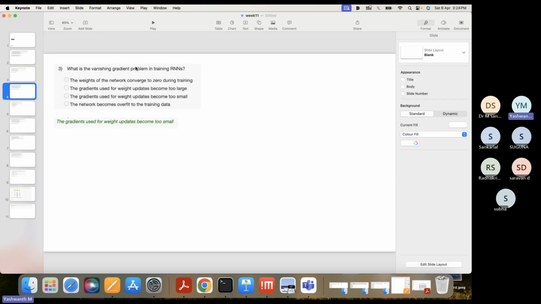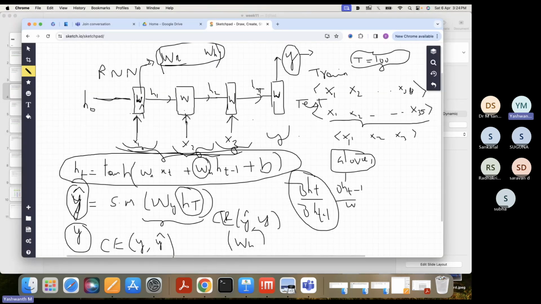Why it becomes very small is because of this WH, not because of WX. You have to be very careful, right? So this chain, dou ht minus one by dou ht minus two,